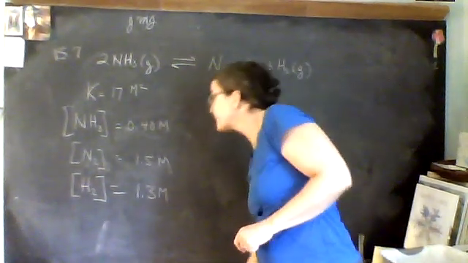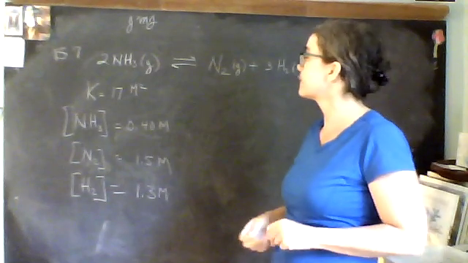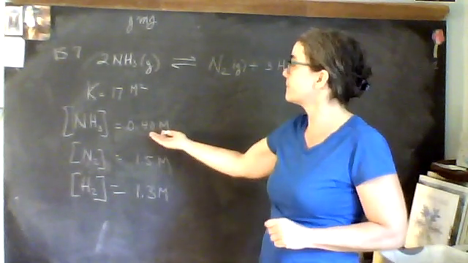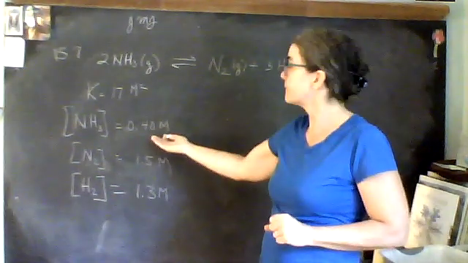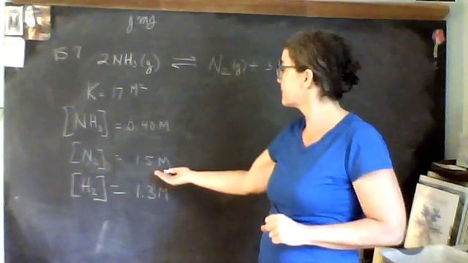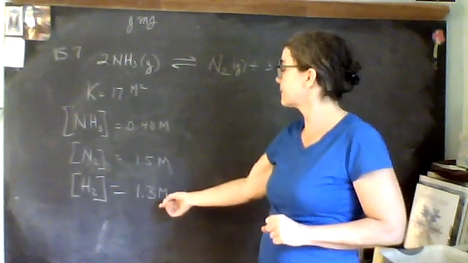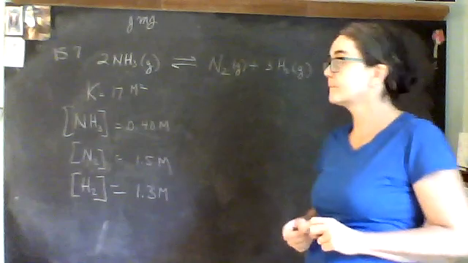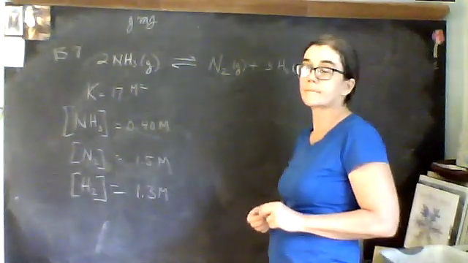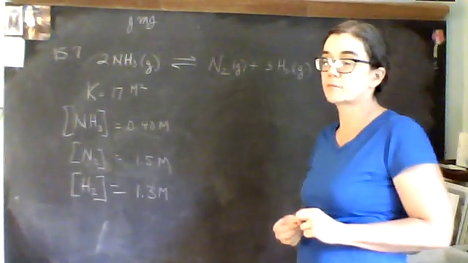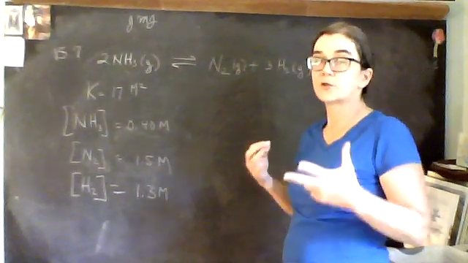The chemist measures the concentrations of each substance to be the concentration of NH3 equals 0.40 molarity. The concentration of N2 equals 1.5 molarity. The concentration of H2 equals 1.3 molarity. Is the reaction at equilibrium? If not, which way will it shift in order to attain equilibrium? All right. So